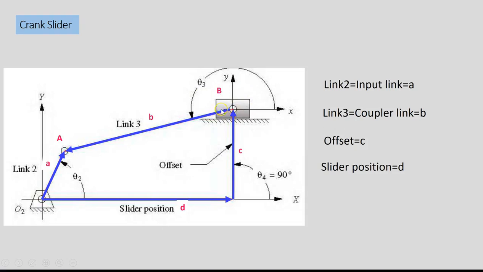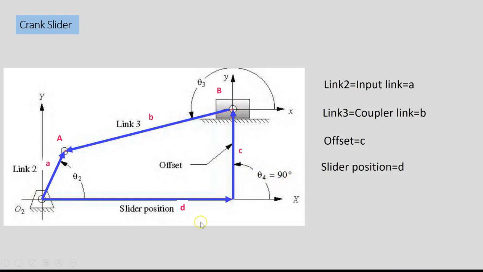Actually, this is a slider, so the center of the slider to the pin joint of link 2 and 3 is the coupler link or link 3, and then the right angle, just right angle from the center of the slider to the line which is parallel or connected to the fixed pin joint is called offset. It is 90 degree with the x-axis, positive x-axis counterclockwise, or you can consider this is a theta 4,